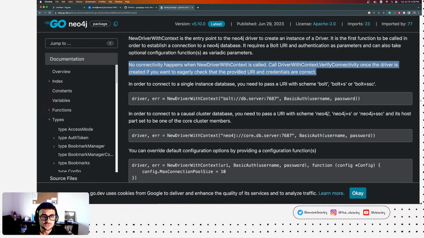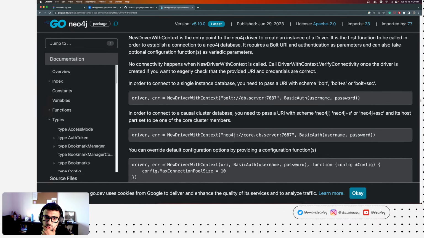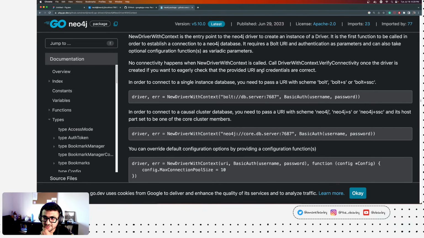Always try to check the documentation, especially of a library. Spend some time trying to read it before actually just going on and using it, right? And that's a lesson for me as well. And I tend to do that, but yeah, that happened. So, all right. So here is a mental note for us to add the VerifyConnectivity, right? But they also said here that you don't actually connect